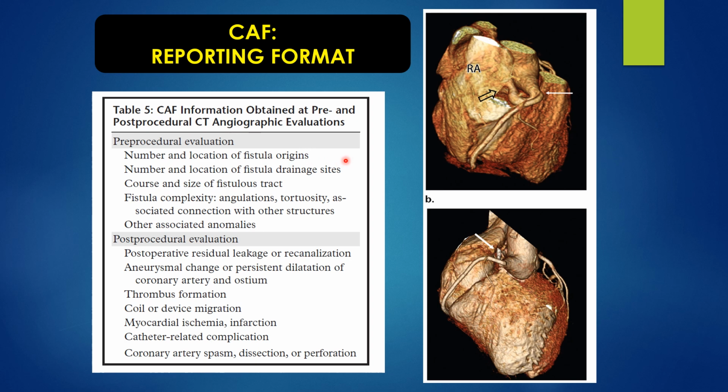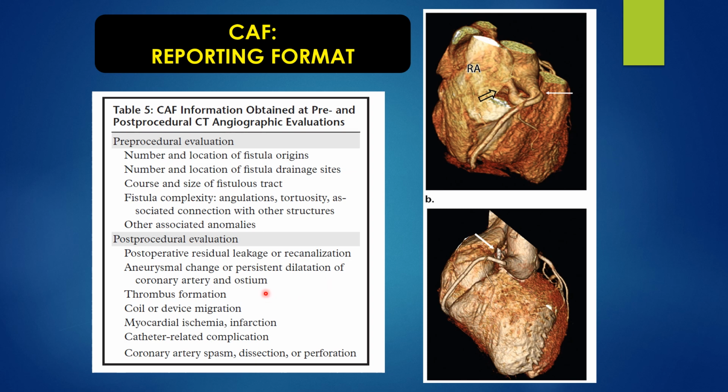Coming to what are the things that we have to report. There is pre-procedure, before surgery, and post-surgery. Pre-surgery, we need to talk about the number and location of the fistula origins, where exactly they are draining, the exact course and size. This is better depicted on the console by showing it to the surgeon directly. And the fistula complexity: is there an angulation, whether there's a tortuosity, whether there's a stenosis, and whether there are other associated congenital anomalies. Post-procedure, whether there is any residual leakage or recanalization, any aneurysmal change, or persistent